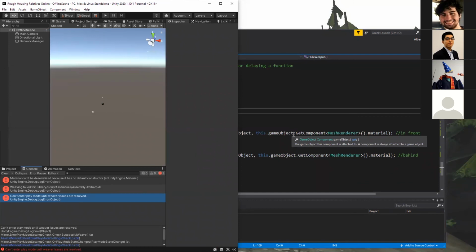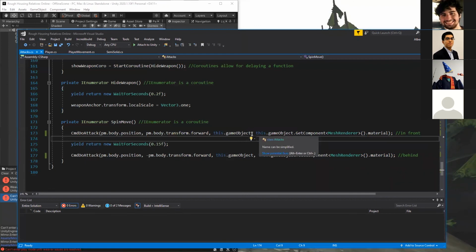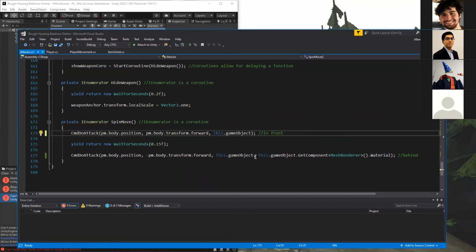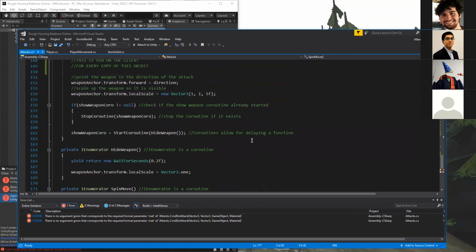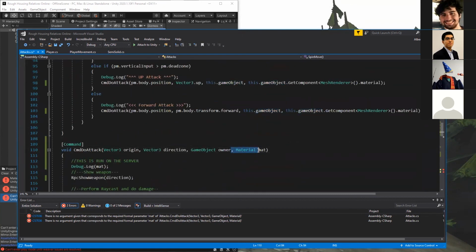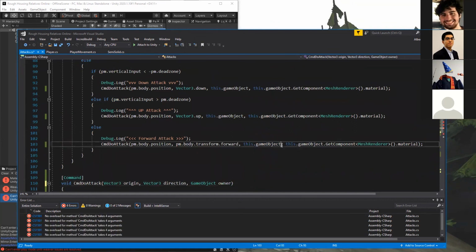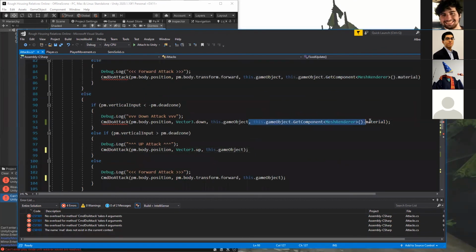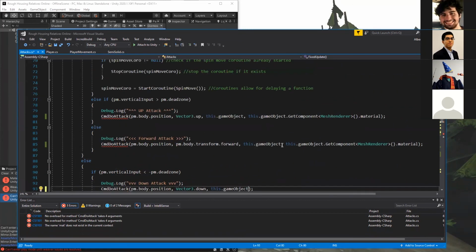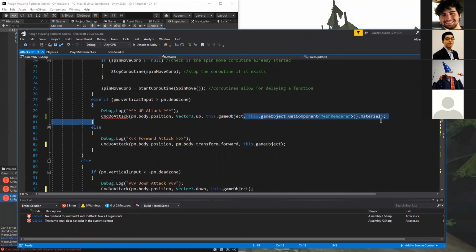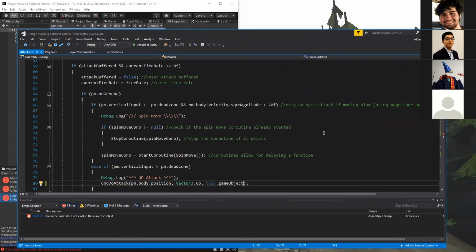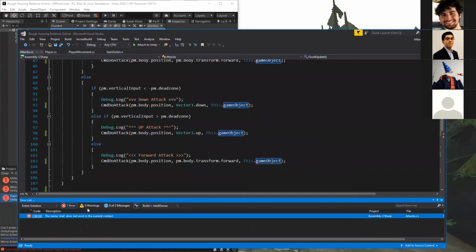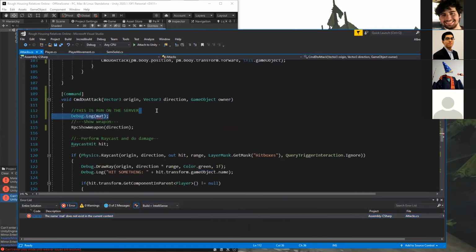My host can't hit my client. Is that supposed to happen? You should be able to, because, well, I tested it on my end and it was working. But the host, even though the command is running on the server, not the client, the host is a special case because the host is both the server and the client. So I mean, that should still work.